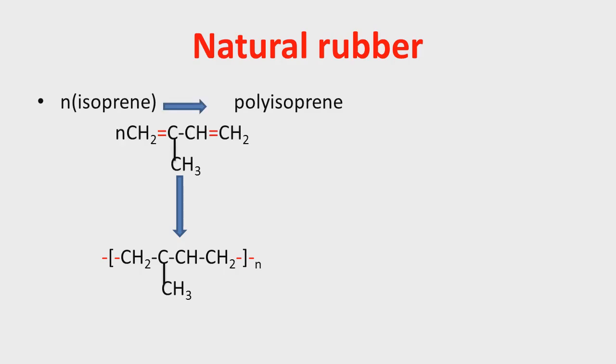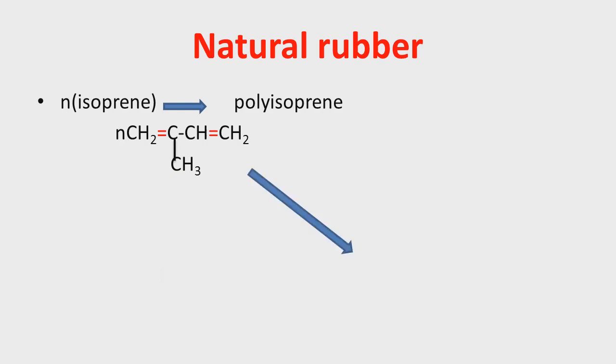This is isoprene. In the previous slide we saw how to draw the structure of isoprene. Now what exactly will happen in this case? The double bonds which are present break and they extend into a chain. So the structure you will get will be like this. Now you can observe the valence of the second and third carbon atoms is not completed. So we will put a double bond between the second and third carbon atoms. So the final structure will be like this. It is polyisoprene. And also you can say n isoprene units on polymerization give polyisoprene.